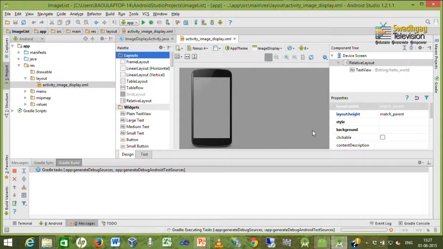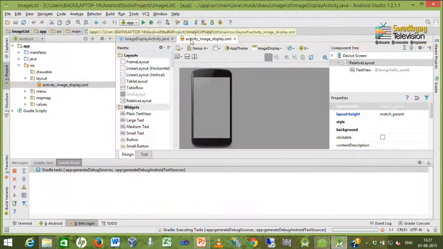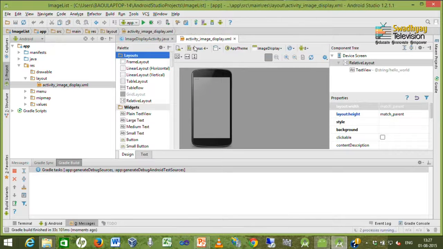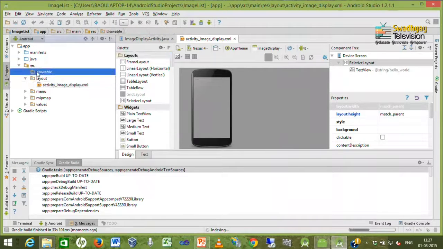So, here is our default setting provided by Android Studio. Here you can see the image display activity.java file is there, and this is our XML file representing our interface. Inside this drawable folder we should have all the images required, and all file names should be in lower case.